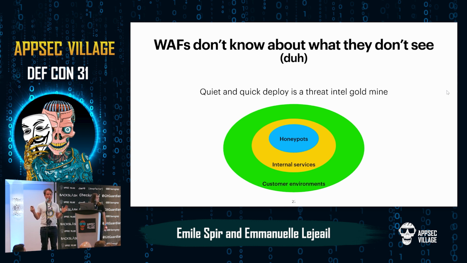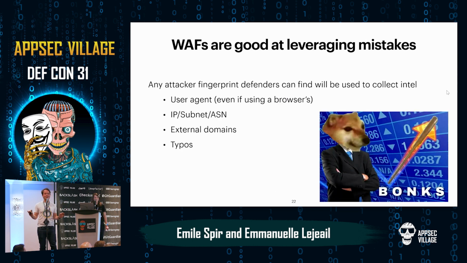And when you do, and you catch someone, WAFs are really good at leveraging mistakes. If you find any identifying pattern in an attacker, you can leverage it. Be it the user agent: they're using this old version of Firefox, all right, I'm just going to match everything from that. It could be the IP or the range of IPs. It could be the domain they're fetching their attacks from. It's very common for attackers to load the payload from some given domain. Or, and that's the best one, typos. The attacker makes a typo. All right, I just want to match all of the